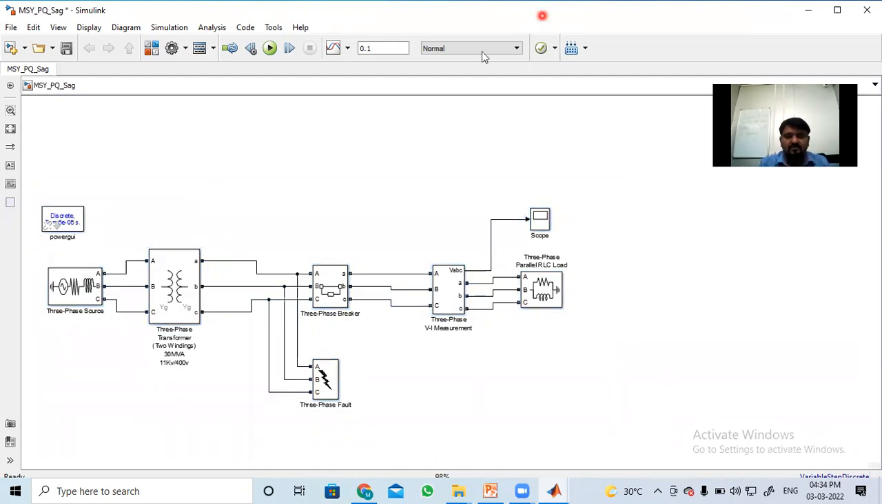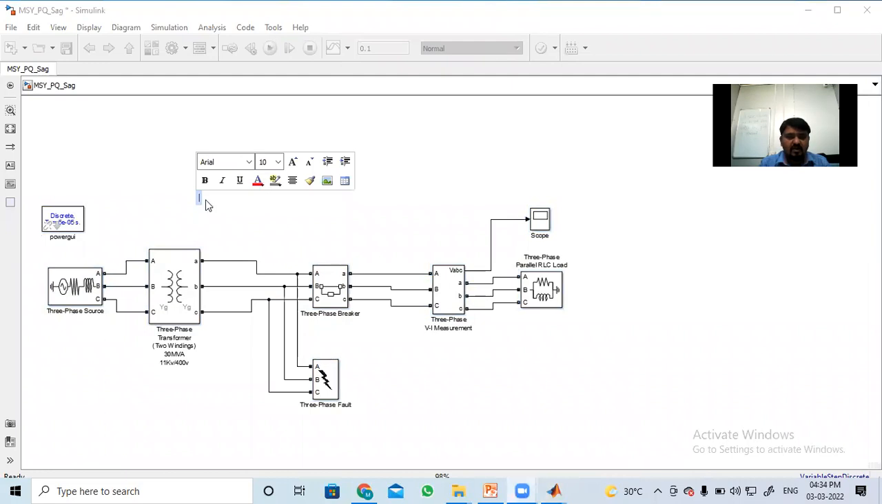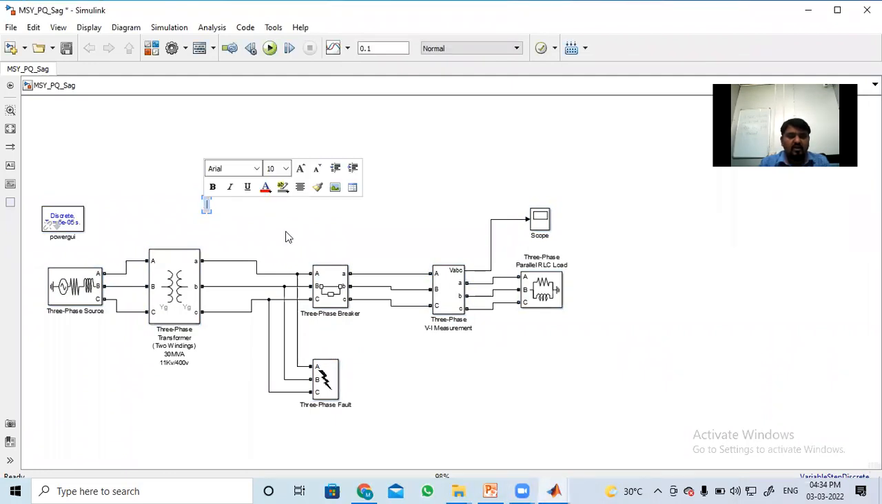Just a minute, I'll close this one here. By double clicking on this one, you can enter the name here: measurement of voltage for line to ground fault. I can type the name, and even by selecting all this one,